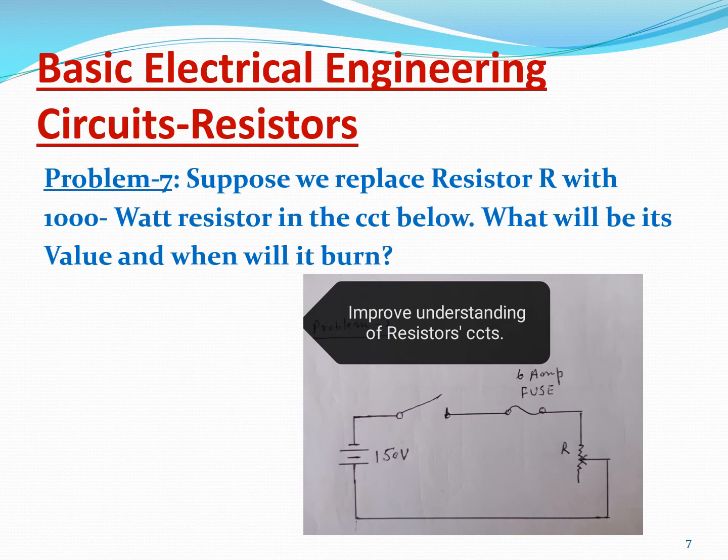Now question number 7. Suppose we replace resistor R with a 1000 watt resistor in the circuit below. What will be its value and when will it burn? Okay. Now we see that P is equal to I squared R. So the current in this particular case, that is the maximum current which can flow, is 6 amperes, that is 36 R, and that way the value of R is 1000 divided by 36,